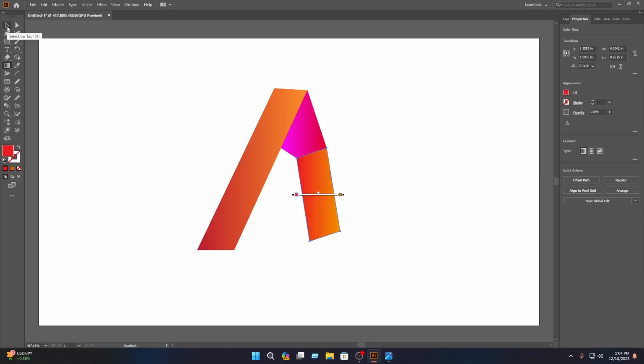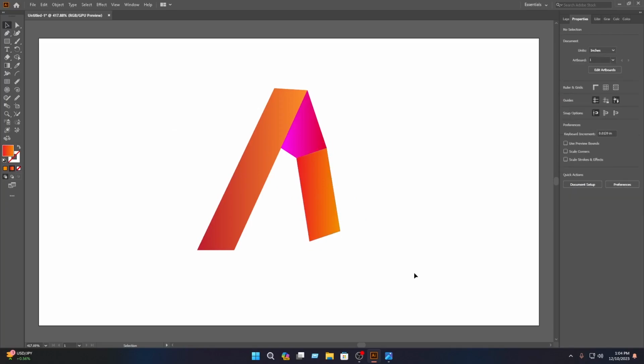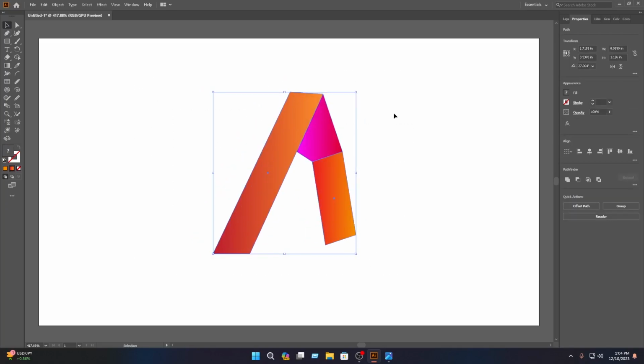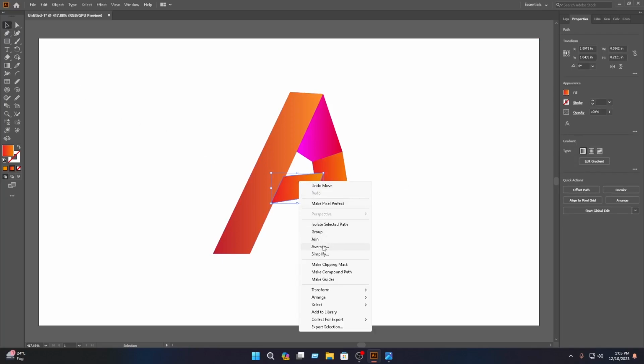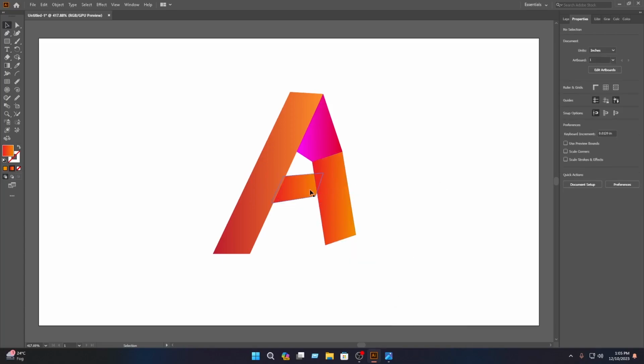then select the Move tool, then you have to select all layers and drag these layers in here, then you have to select the Pen tool, then click on here, then click on here, then click on here, then click on here, then click on here, then select the Move tool, then select this and drag this in here, then right click on this, then click on Arrange, then click on Send to Back,